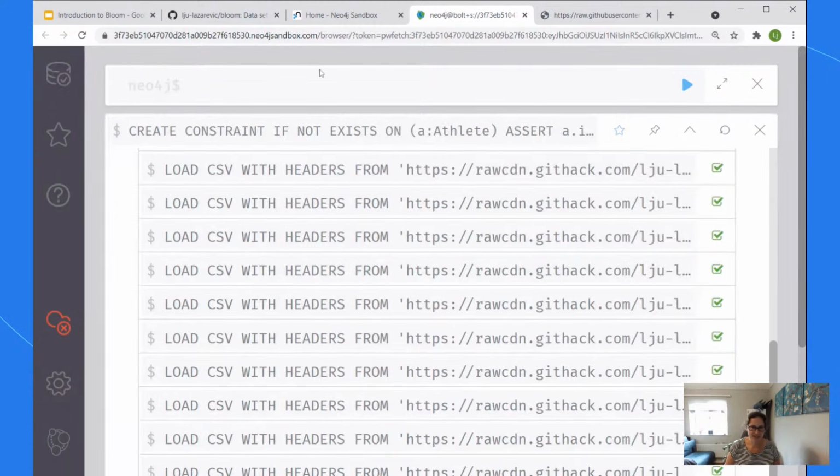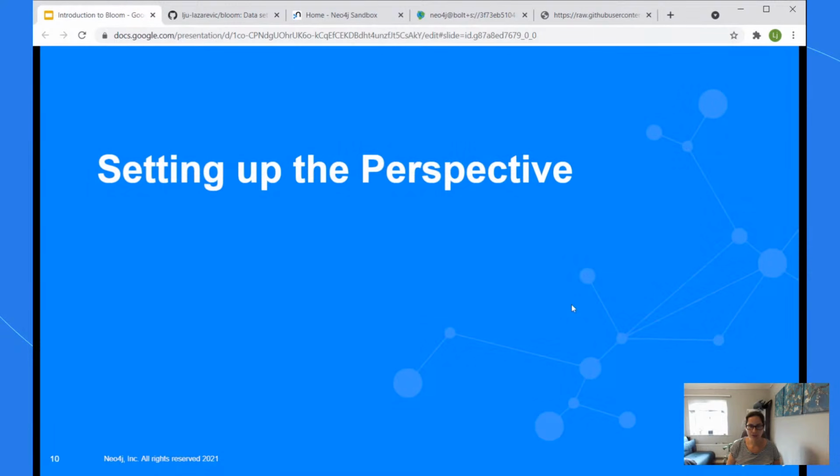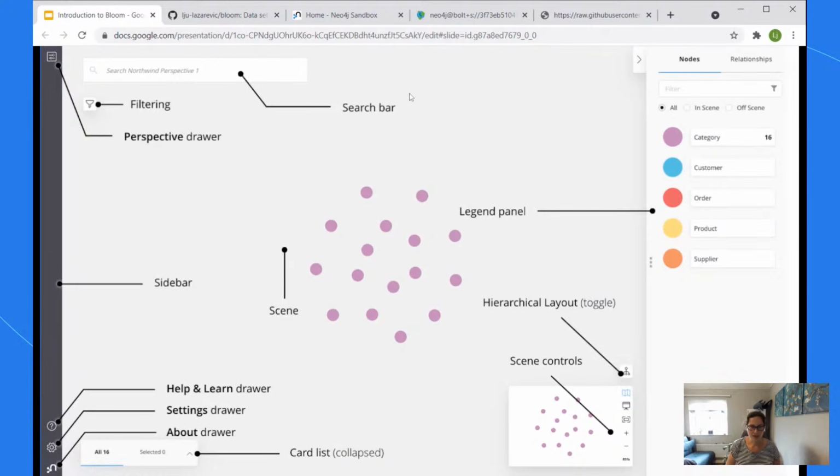Okay, we've got all of this data in. Now let's move on and talk about setting up the perspective. If we do a quick tour of the perspective, and I'm going to show you when we launch Bloom, we've got a number of elements going on. We've got the search bar, which is where we put in our Bloom phrases. This is where we can put in a relationship type, a node label,